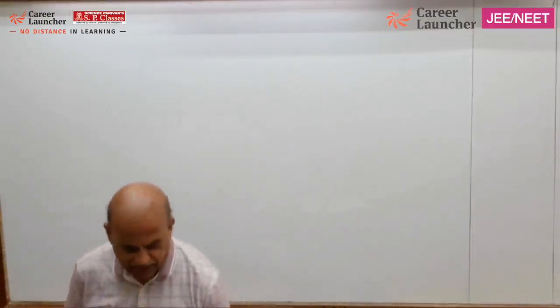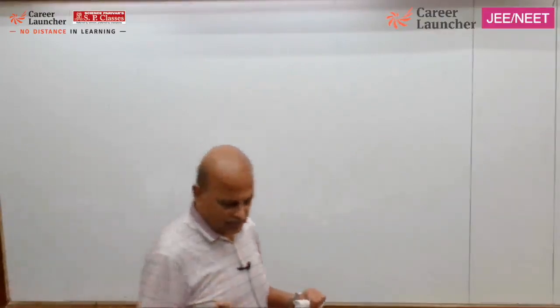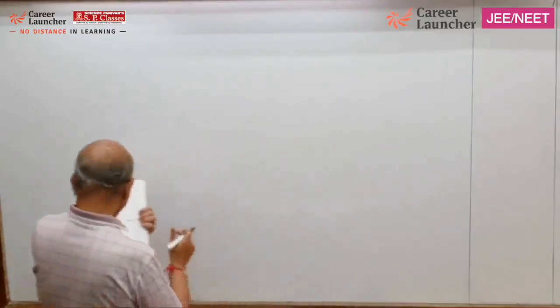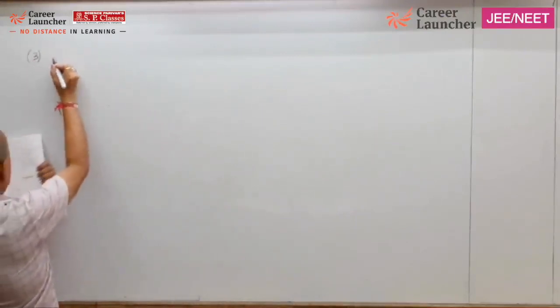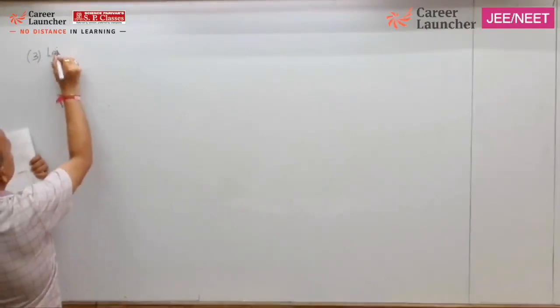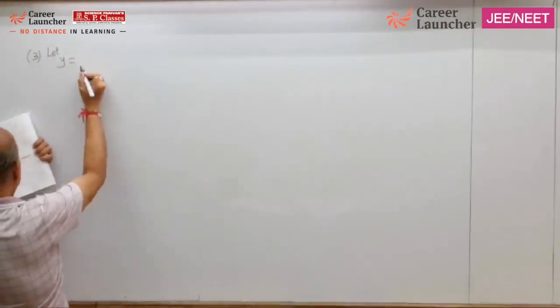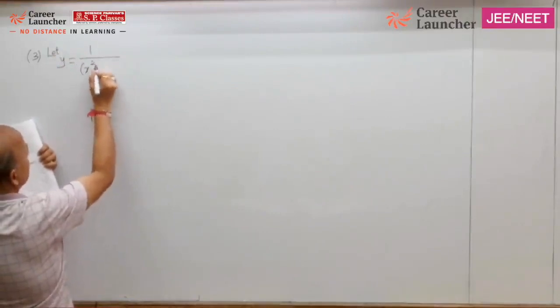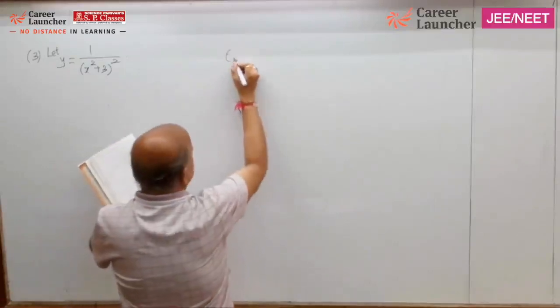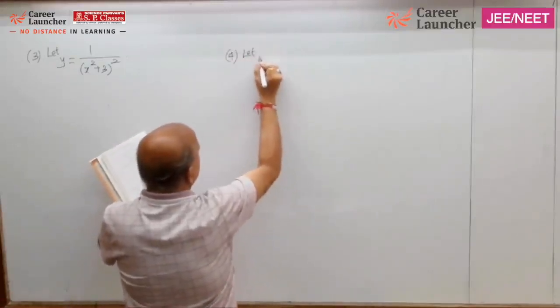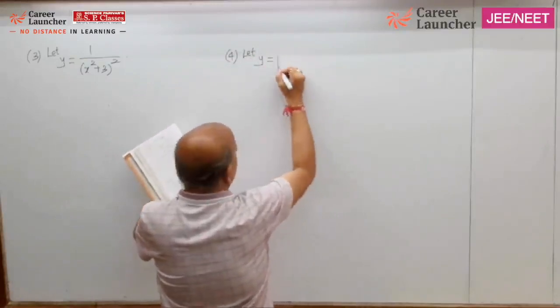Two questions I am going to discuss. You will be telling me so many things. First, you will tell me which standard formula. Then you will tell me what is the composite part. And then chain rule everyone knows. This is our third example. Let y is equal to 1 upon x square plus 3 the whole square. One more example I'll write here, and then both the examples we will discuss before you start taking down.